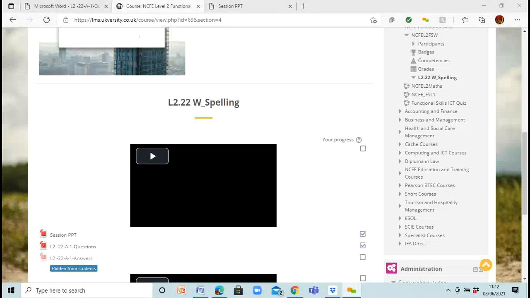So we're looking at spelling, and in today's lesson, we're going to be looking at a few terms, mainly homophones, prefixes, and suffixes. Now, a homophone is, do you know when you have two words and they sound the same, but they've got